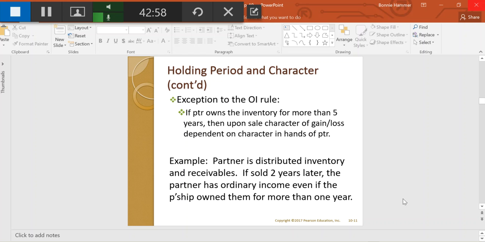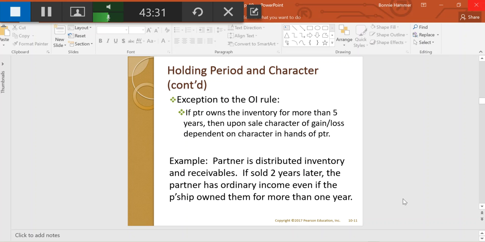So if the partner owns the inventory that's distributed to him for more than 5 more years, then upon sale of that inventory, the character of the gain or loss depends upon the character in the hands of the partner. So even though that inventory is an ordinary income asset to the distributing partnership, it could end up changing nature in the hands of the partner, because